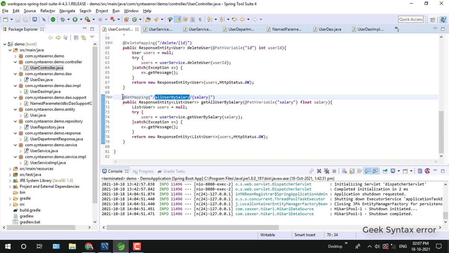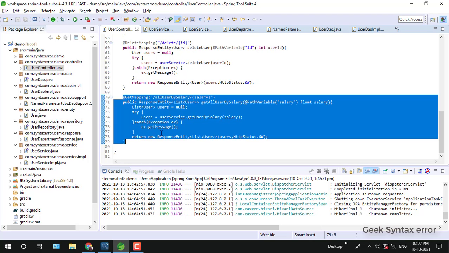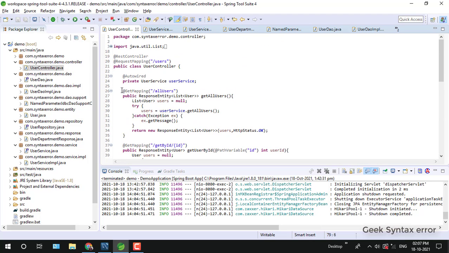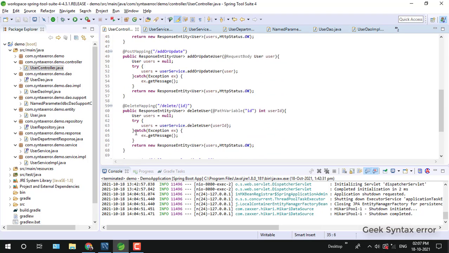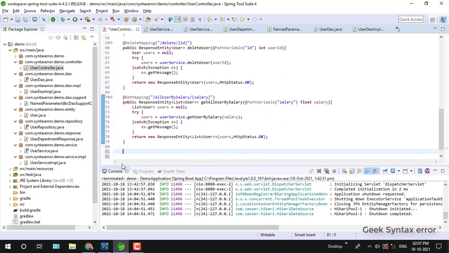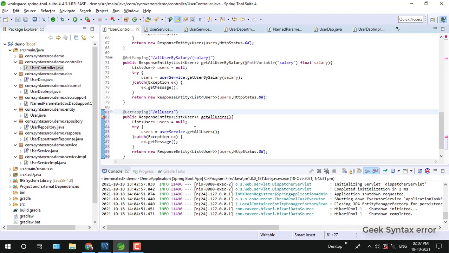Okay guys, now in the user controller we'll create a method to get the details. I just copy the existing one and modify it. So, get all user department.